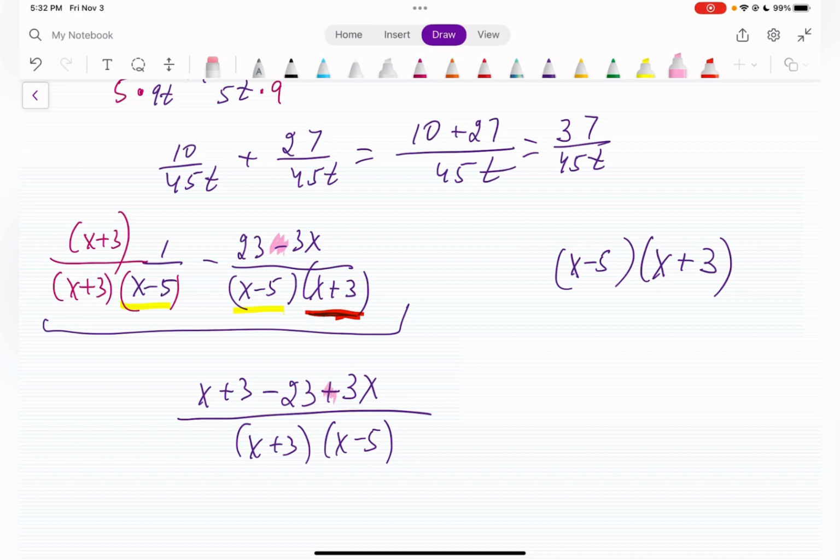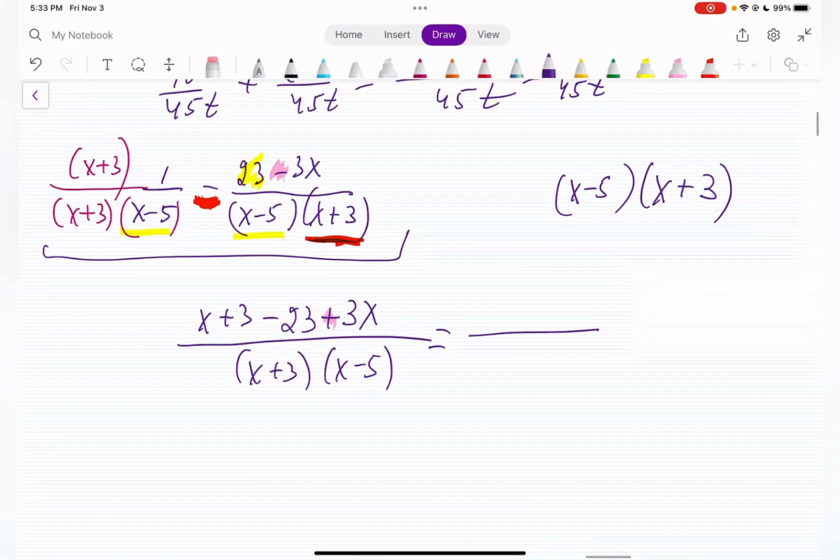Why? Because the negative sign in front of the fraction, we treat as a negative sign in front of parentheses. So 23 here was positive, look, it will become negative 23. 3x was negative, becoming positive, plus 3x. Okay? Be very careful with this. A lot of students make such